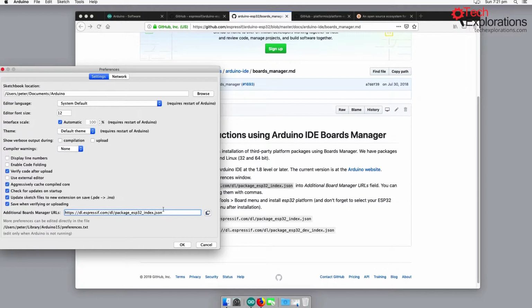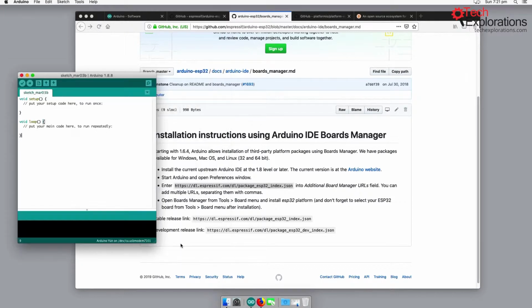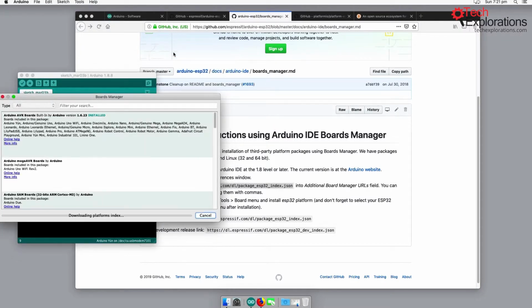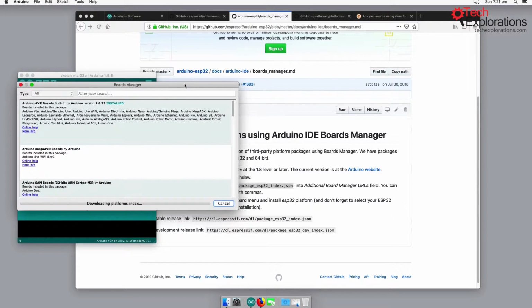I already have it done, so click OK, and with that we can go under Tools, Board and Boards Manager,